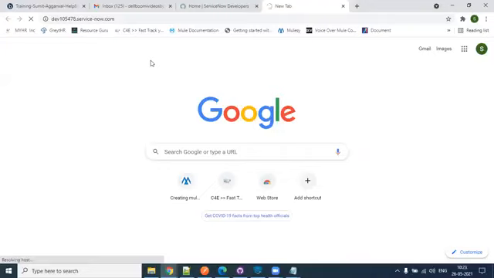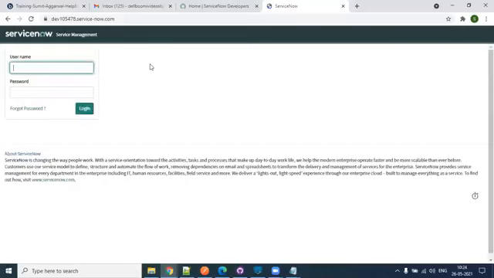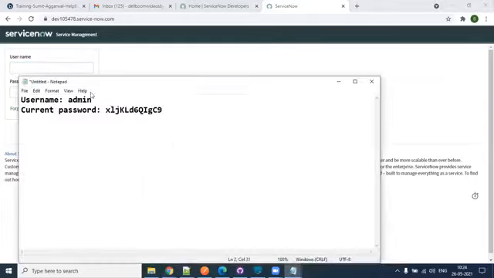So there are a lot of things which can happen around ServiceNow, right? So in real time, you don't need to bother about how to configure ServiceNow, how to do customization over there. That is not your job. Okay. That will be taken care of by a separate team. So there'll be a ServiceNow team who will be taking care of that. We just need to bother about the Boomi piece. But since I want to show you end to end so that you understand it, that's why I'm doing all this stuff, right? So we'll get the password,